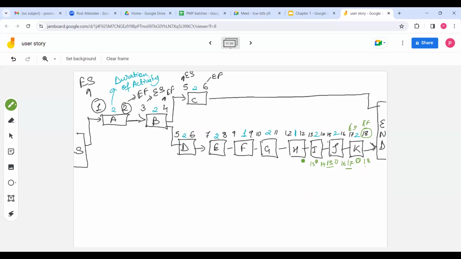By day 12. Yes, day 12. Because this is starting on 13th. It is a 1-day activity, so latest you can start also by 12. So 12 minus 12, 0. 12 minus 12, 0. Latest you can finish G by